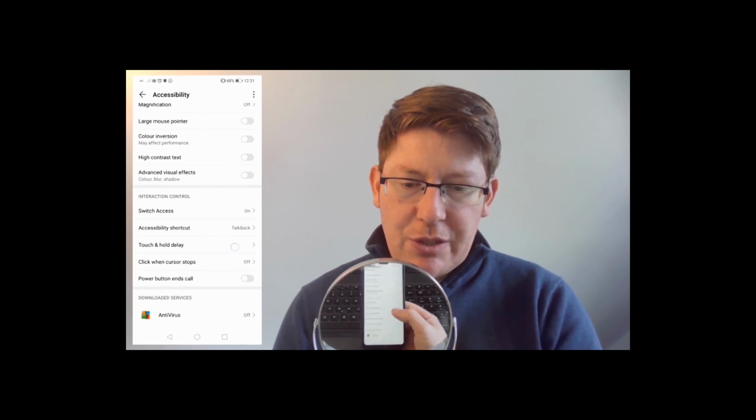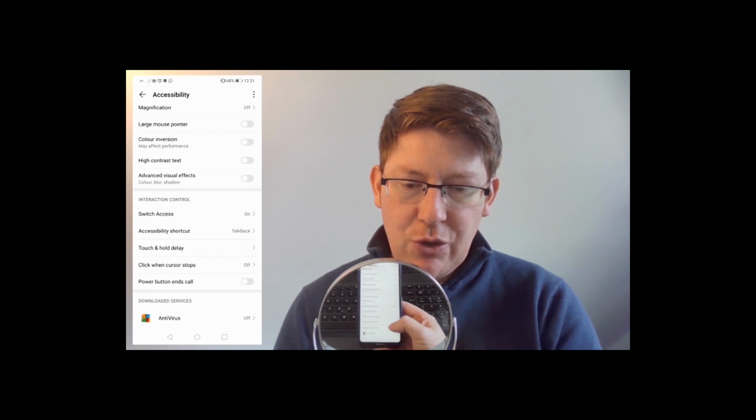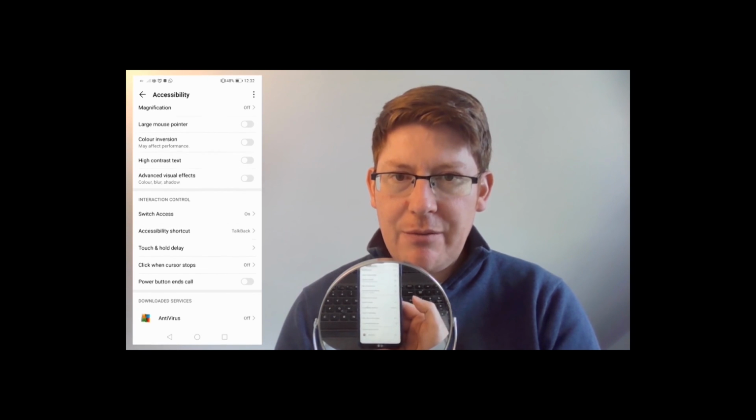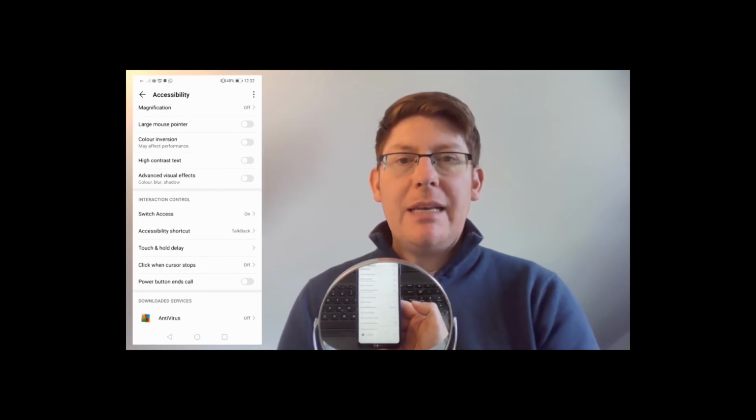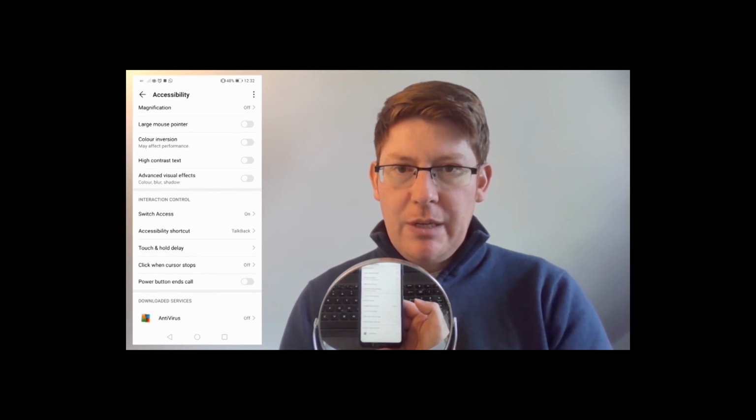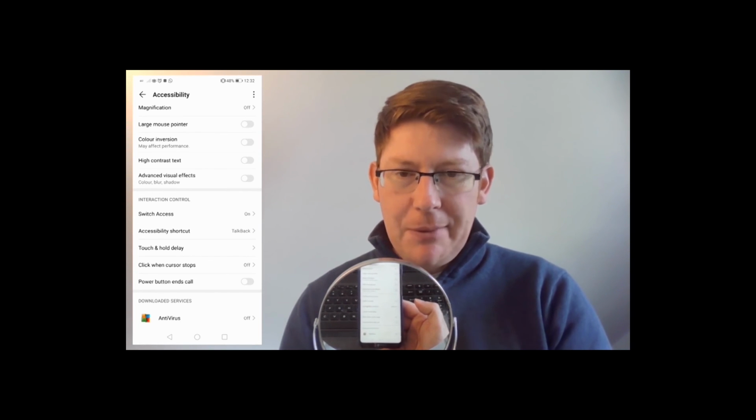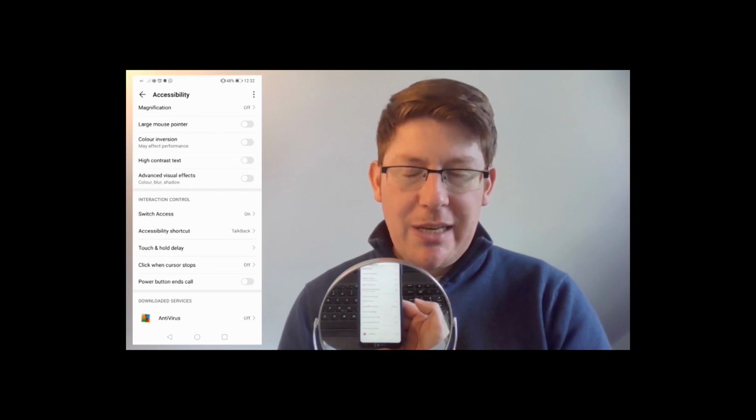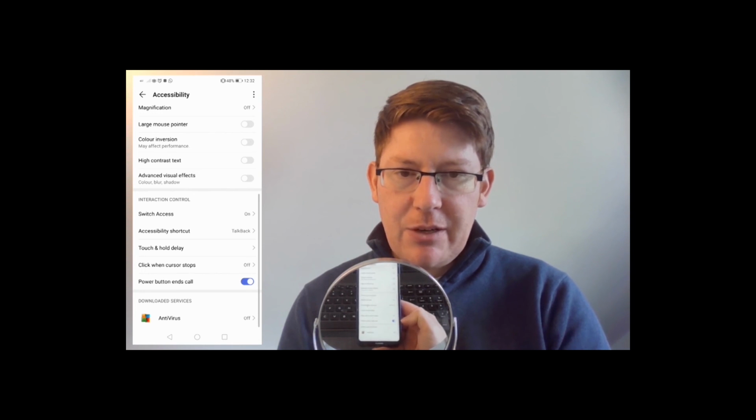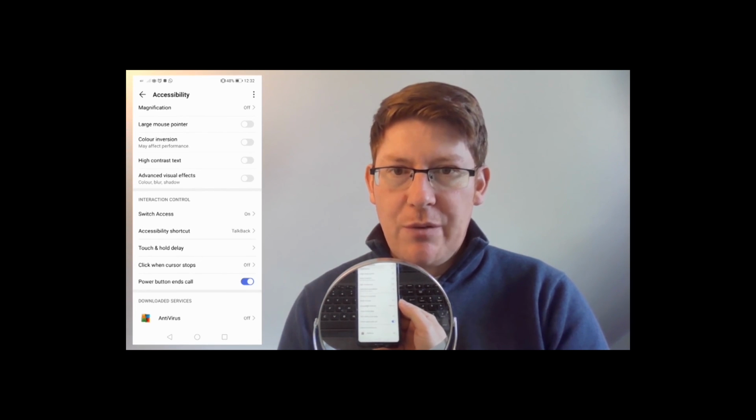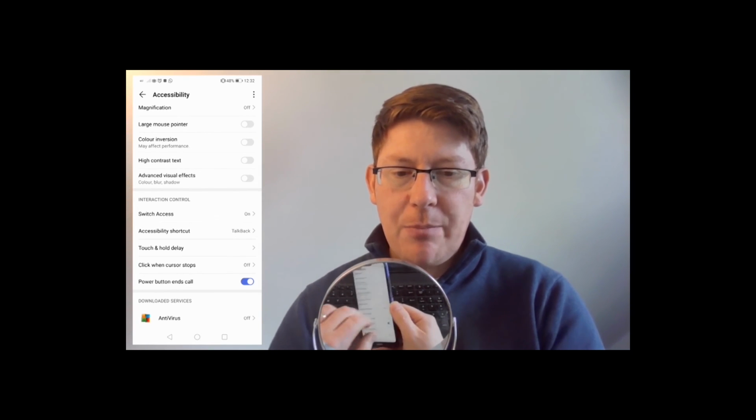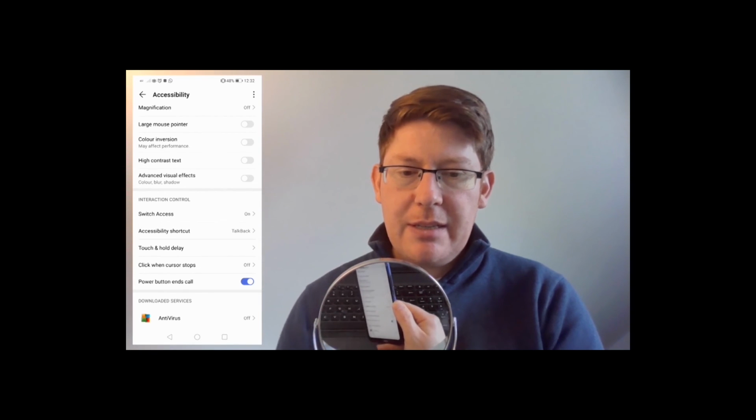Again, if we move down just to the very end of the interaction control here, we have power button ends call. So again, it's making use of the physical buttons that are on the side of the phone here to make it a little bit easier to use some of the features on the phone. So when we're making a phone call, usually we'd have to press the red button to hang up, and that's a visual button on the screen. But we can use the power button to end a call. So again, we would just turn that on. And when I'm finished with a phone call, instead of having to find the red circle on the screen and pressing the red circle to hang up, I could use my power button, which is this one here for me